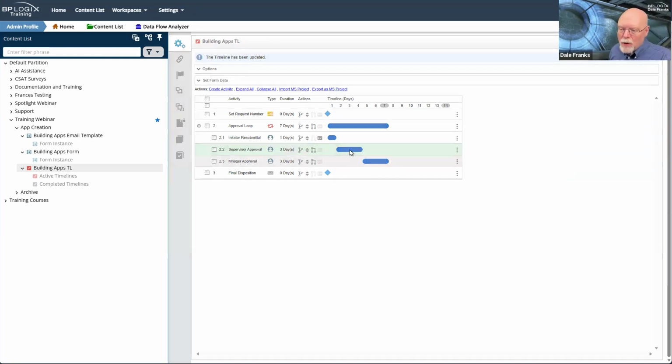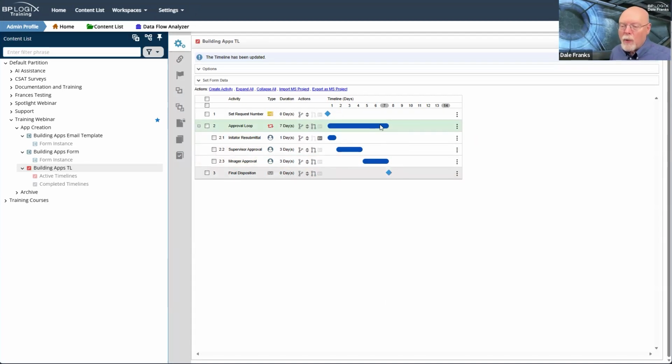In general, these activities inside the approval loop should only be dependent on each other. Activities outside of the approval loop should be dependent on the parent activity. So in this case, what I would do when I want to make this object dependent, I'm going to drag it up here to my approval loop.